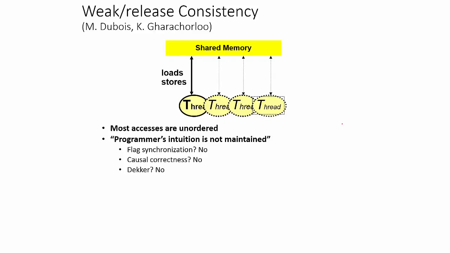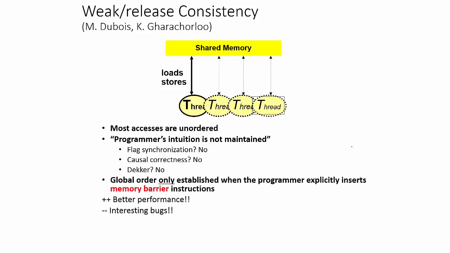You have not maintained the programmer's intuition. The flag synchronization will not work. Causal correctness will not work. Dekker's algorithm will not work unless you put more memory barriers in the code. It provides better performance, but also provides for interesting bugs unless